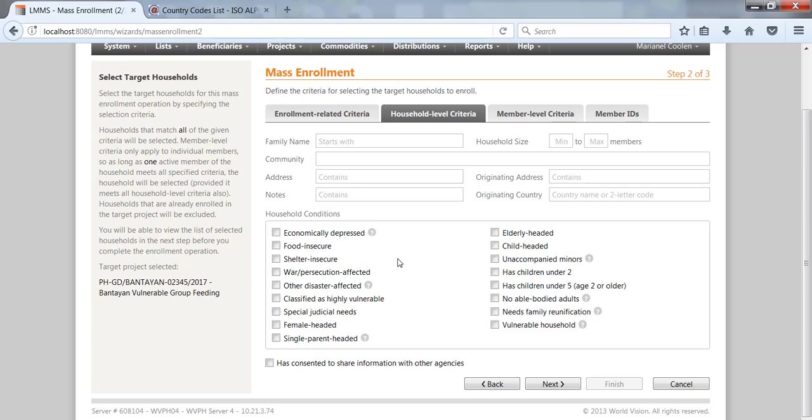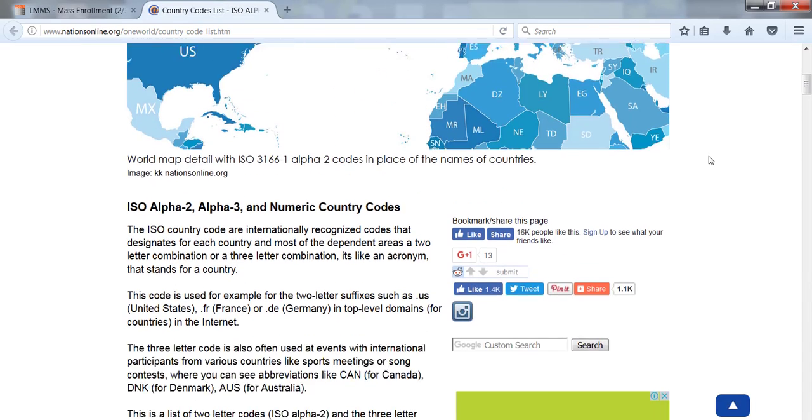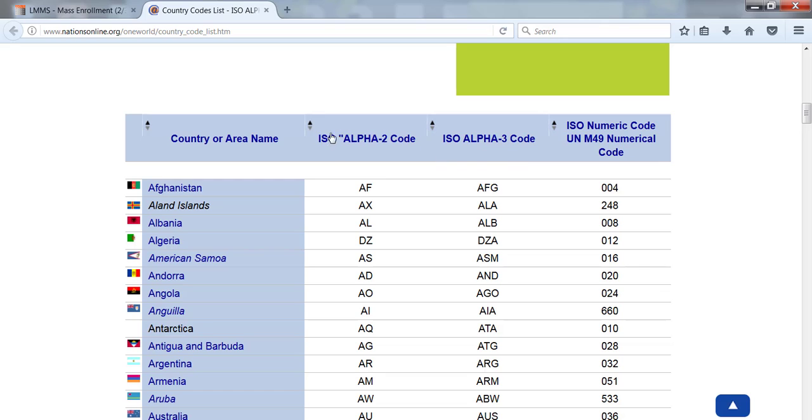Now, for the originating country, as you can see here, it is the household origin if you're dealing with migrant populations. Households with originating addresses that contain the text you entered in the originating address box will be selected in the next step. You can also type the originating country's full name or the 2 letters that constitute the ISO Alpha 2 code for that particular country. If you are not sure what that code is, you can go to this website, www.nationsonline.org, and you can see here that there's an entire list of the ISO Alpha codes for all the countries